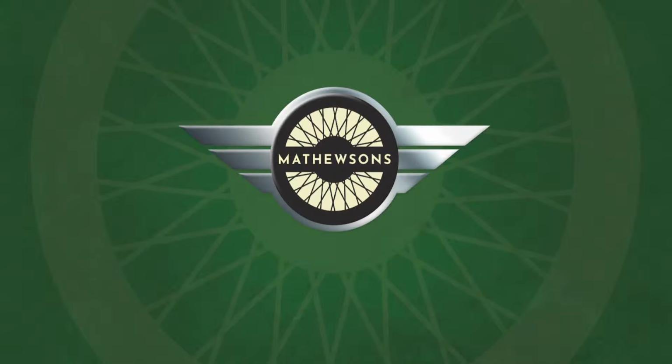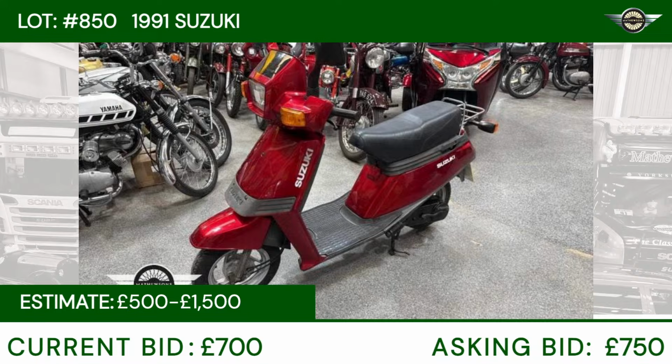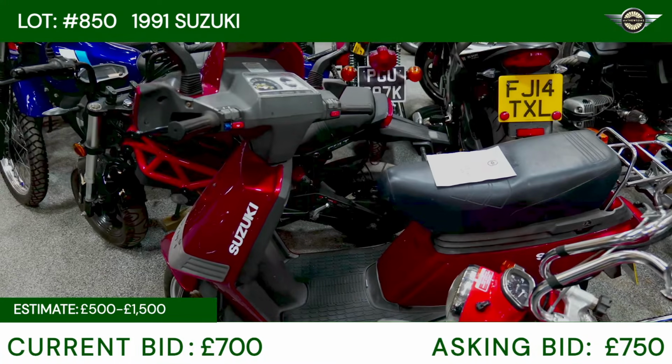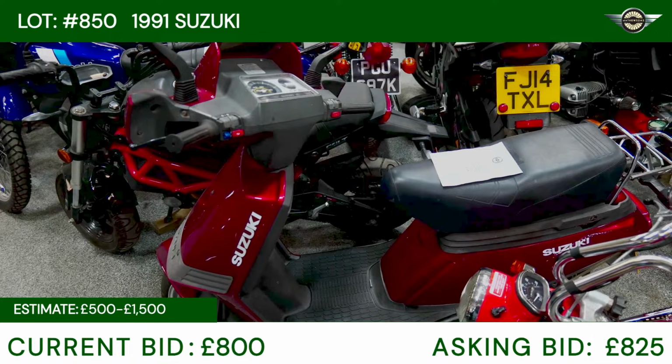850, the little Suzuki. There we are, straight away you've got 50 there, Will, and I've got 550 here. 550, £600 bid at 600, 600 and 650, at 650 you've got there, thank you, at 700. At £700 then, I'll take a 25, 725, 750 says Andy down there, 775 I've got, £800